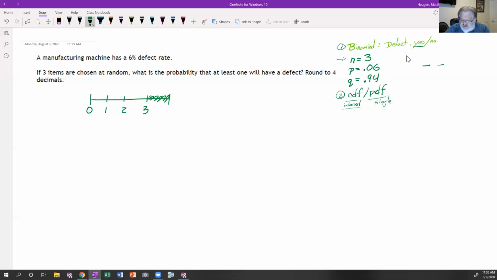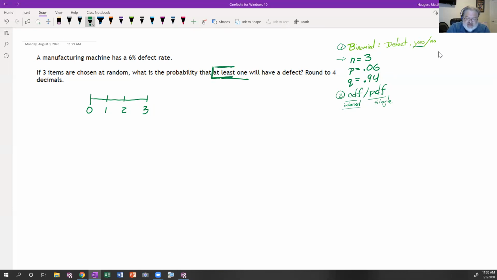Camilla, you're thinking of the 3, how many ways could we distribute yeses and nos? And that is 8, you're right. But this was a different question. Okay. Fair? So when we're drawing out our diagram for what could happen, we could get a 1, a 2, a 3, or a 0. We want to know the probability that at least 1 will have a defect. So at least,